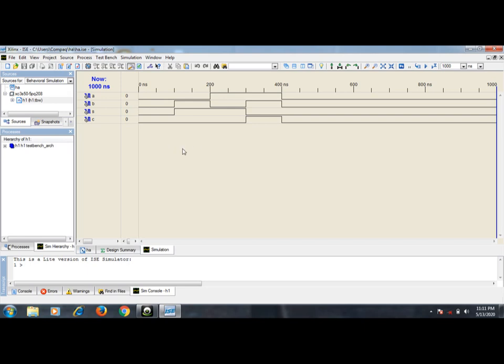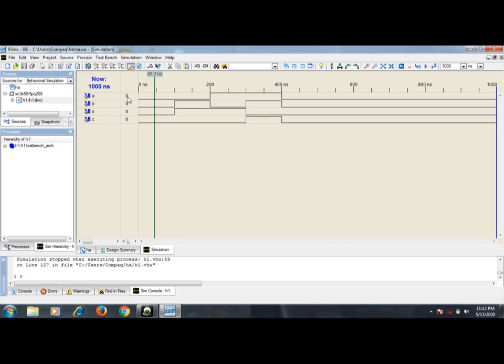So how to see the outputs? Let us add the marker. Just click the right button, click on add marker. Here go on the waves and click once, you are going to get the marker. So here you move that marker. Here it is showing the inputs and outputs.